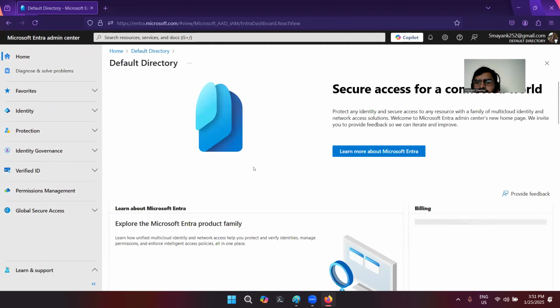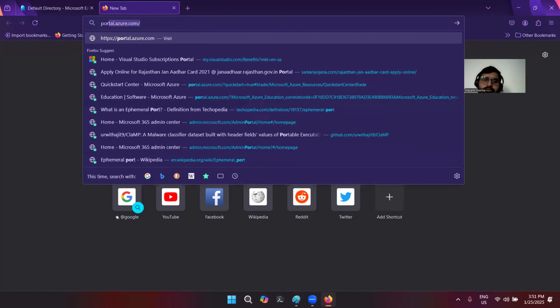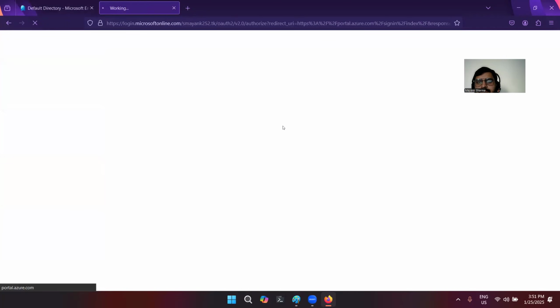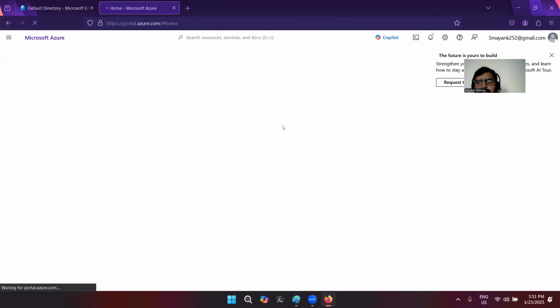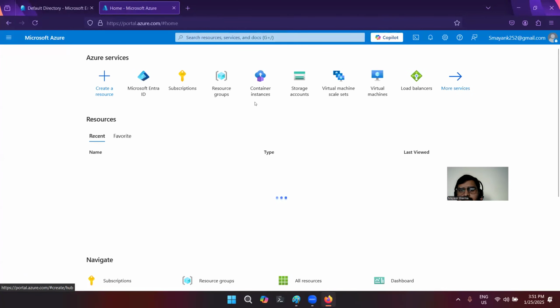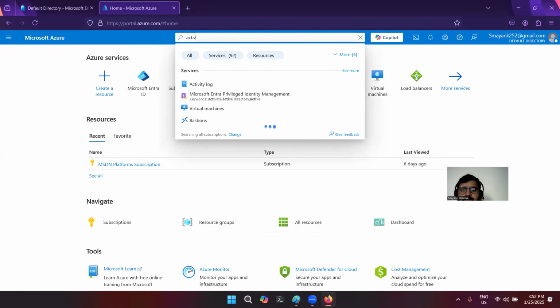Okay, but now let's come to home. Either you can access Azure Active Directory or Microsoft Entra from here, or you can go to portal.azure.com. Here you can write Active Directory.